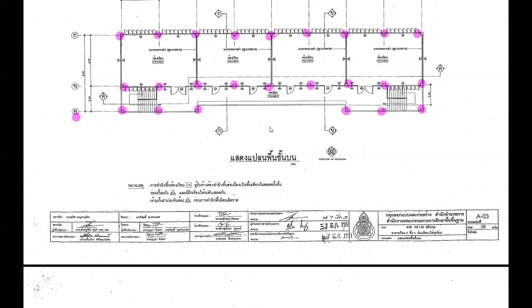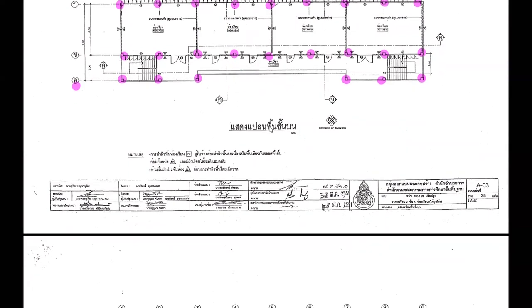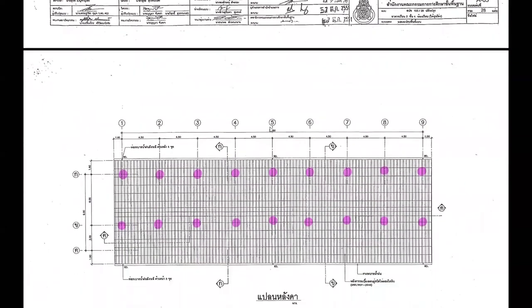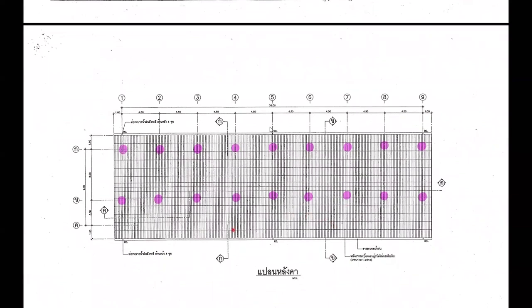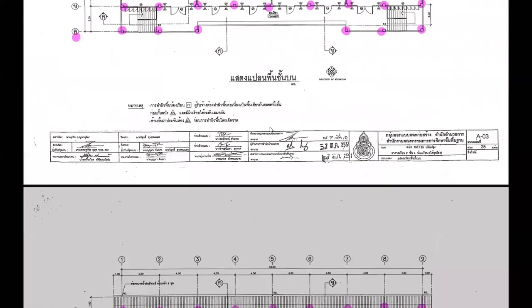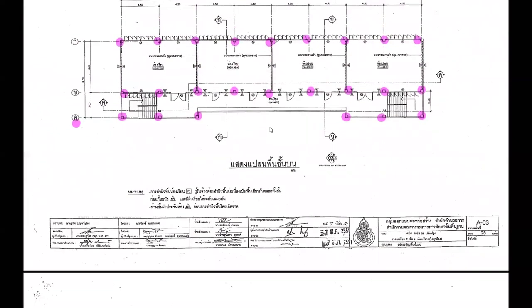Yes. You can see that because you cannot have the columns around here, you see? So that is going to cause some trouble with your truss here because you cannot have columns here. In fact, you may want to negotiate with the architects if it's really necessary to have the columns around here